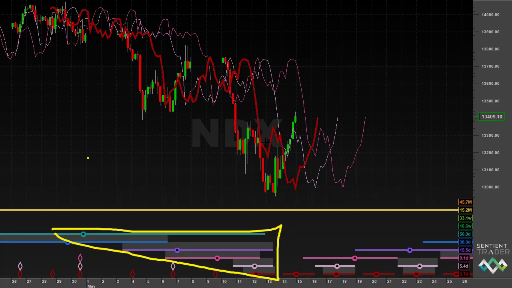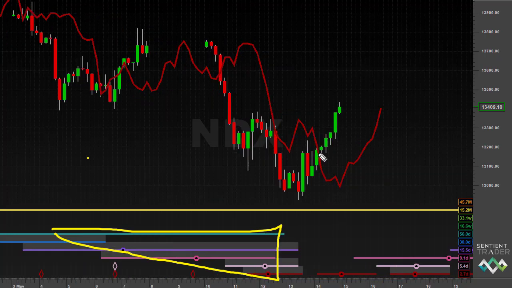And that 2-day cycle FLD, and let me clear the others, that 2-day cycle FLD was very clearly crossed early on Friday morning. Now that confirms that the 2-day cycle has definitely formed a trough in the markets. And so we can say with some confidence that the low point on the 13th of May was definitely a trough of the 2-day cycle. By the principle of synchronicity, that means it was also a trough of the 5-day cycle. Well, was it?